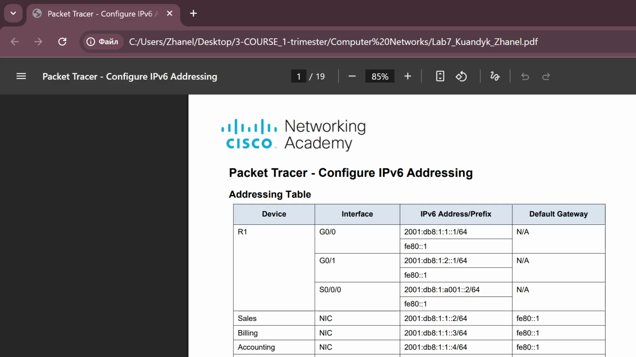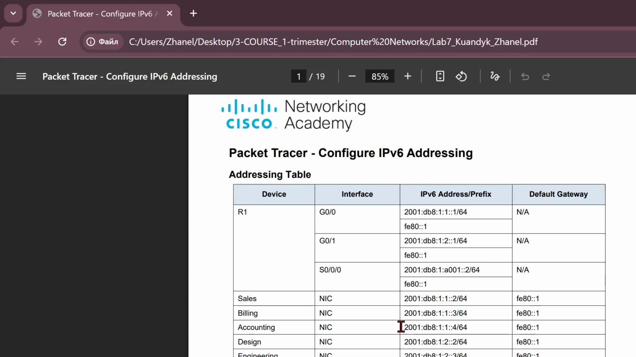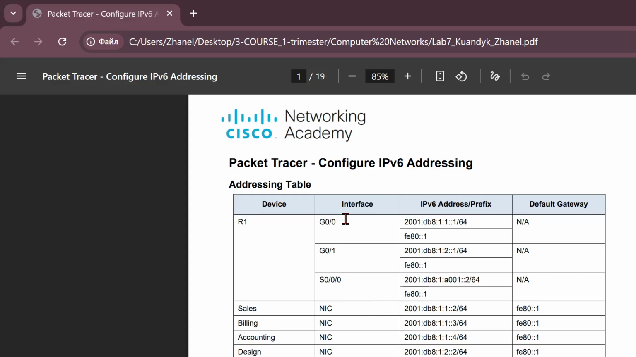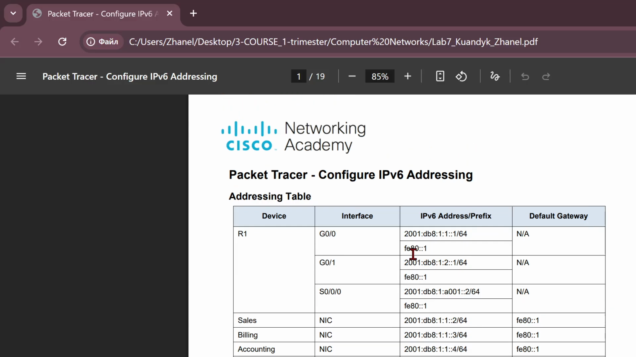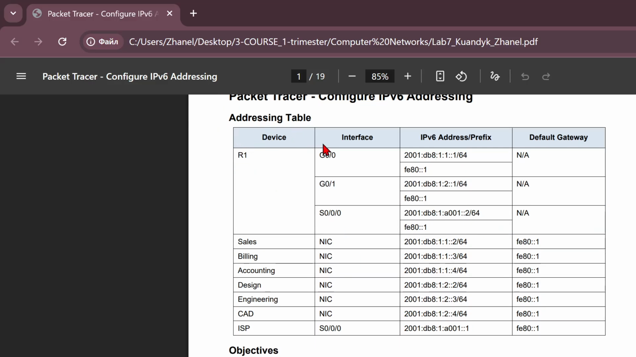I have completed 2 laboratory works on the topic configure IPv6 addressing in Cisco Packet Tracer. The first lab is called configure IPv6 addressing. The main goal of this work was to learn how to manually configure IPv6 addresses on a router, servers, and client PCs, and then test network connectivity. In this file we have an addressing table. In this table we have IPv6 addresses for each interface